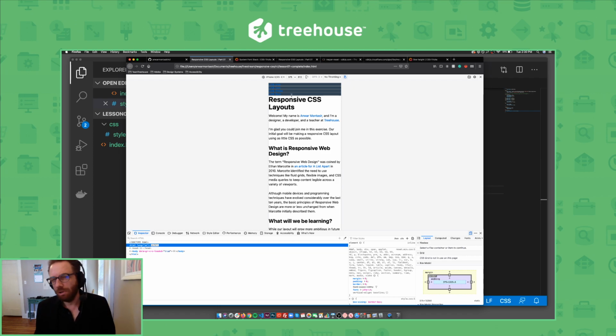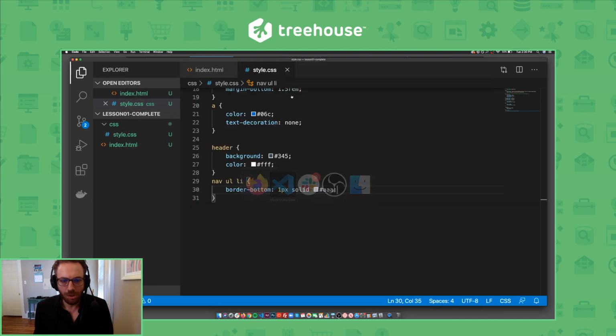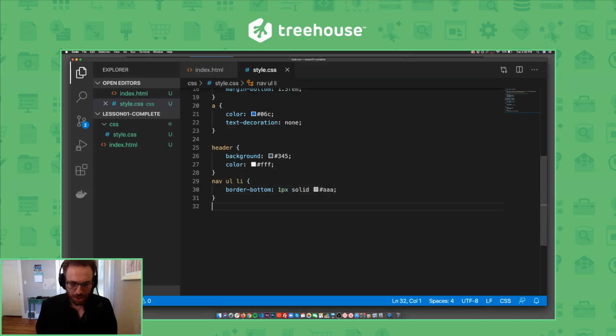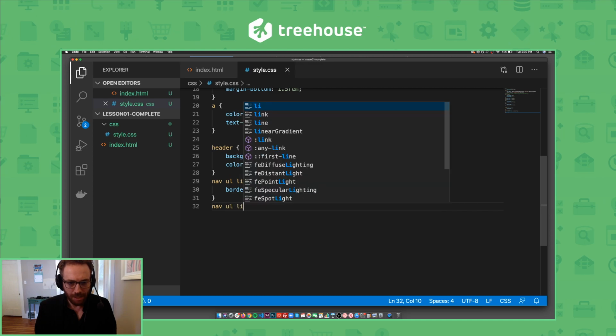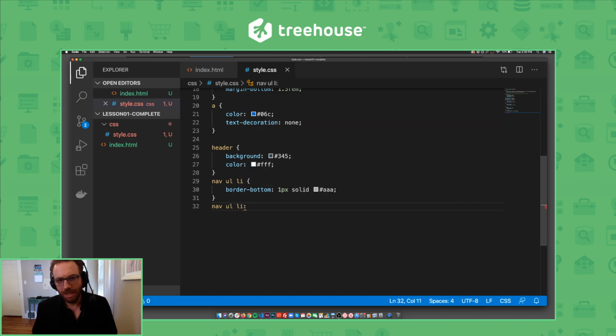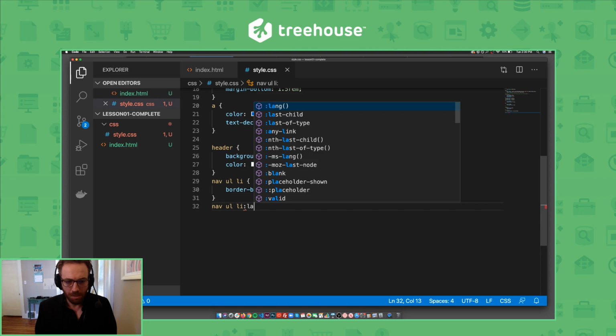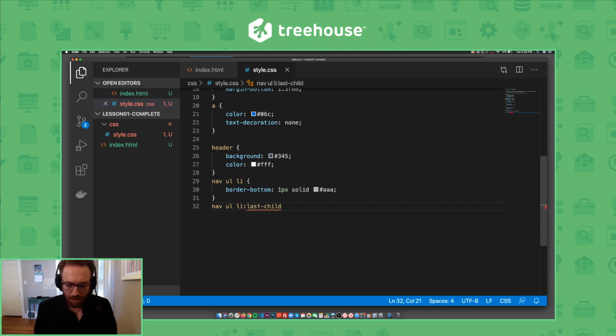There's going to be a border. This is kind of an attention to detail thing. There's going to be a border underneath all 4 of these elements. You can't really tell right now, but that's just an attention to detail thing that I'm not really all that thrilled with. So I'm going to use the nth child selector, nav ul li. I could say nth child and then pick a number, but I'm just going to use the last child pseudo selector to select just my last link and say border bottom none,